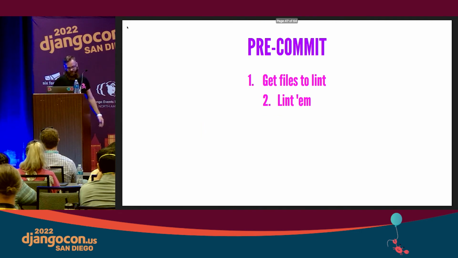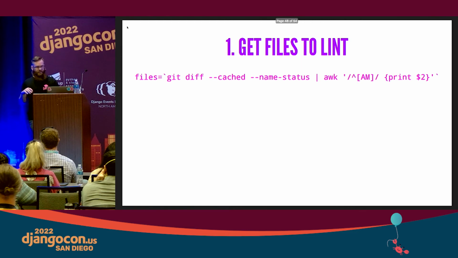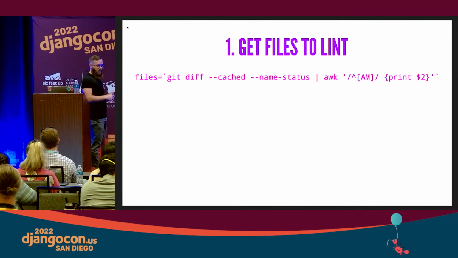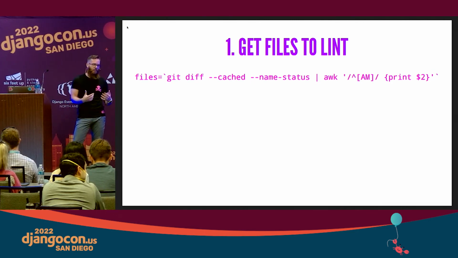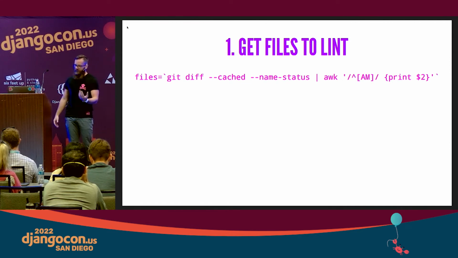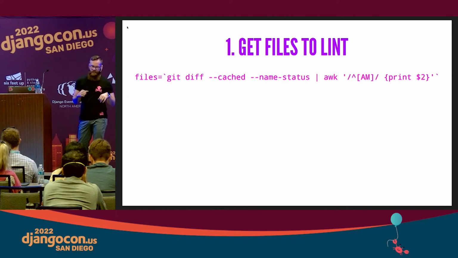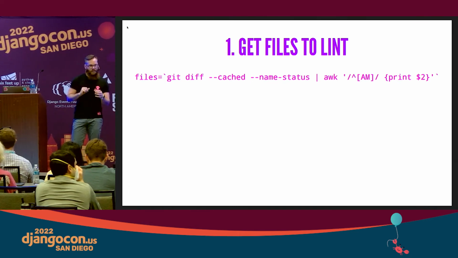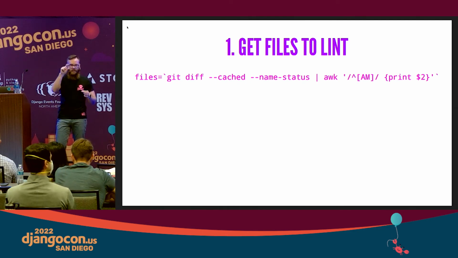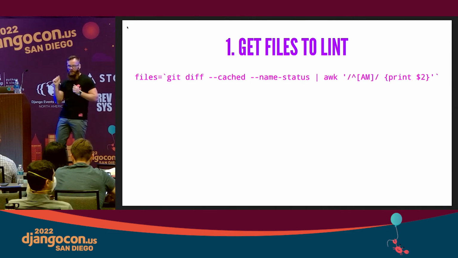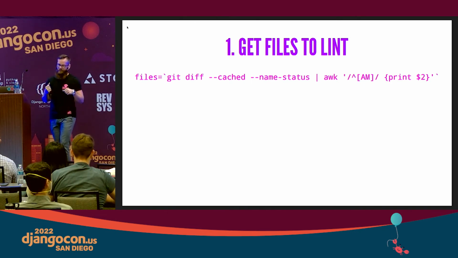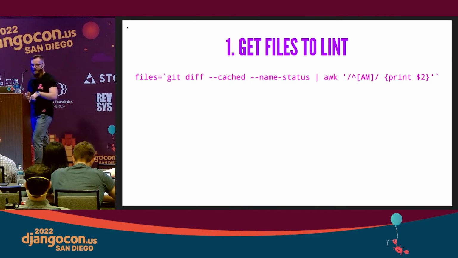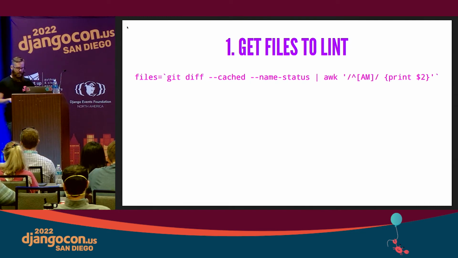So how do we actually lint these things? It's a two-step process. First we need to find the files to lint, and then we actually lint them. On a project the size of Kraken, we have thousands of files. We don't want to lint every one on a pre-commit hook because then you get really out of your flow. You type some stuff, you go to commit something, and then you wait 10 minutes. Not a great workflow. So what we do is a little bit of simplified Git magic to say, get me the diff of what's about to be committed, do the cached and the name status so I get an A and an M around, and I know which files were added and which files were modified. An interesting thing is it doesn't make any sense to lint a file that was about to be deleted. That's why you see A and M there, and there is no D or R, I think it's in Git. So all this little bit does is give you something to lint.